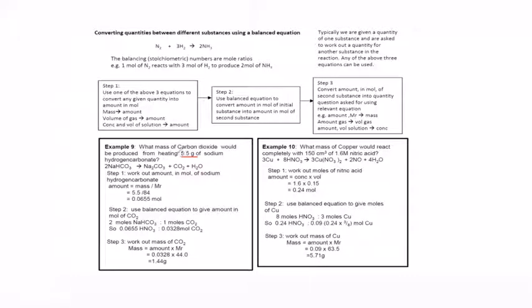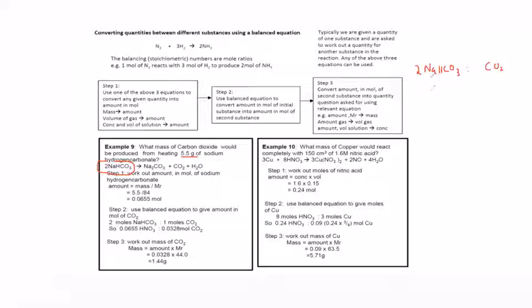Or first you can convert into moles and take a mole ratio, and then again convert into mass. But here it's better because we can just take a mass to mass ratio if mass is given and mass is required. How can we take a mass to mass ratio? What is the total mass of sodium hydrogen carbonate? It is 2NaHCO3, and carbon dioxide is CO2.